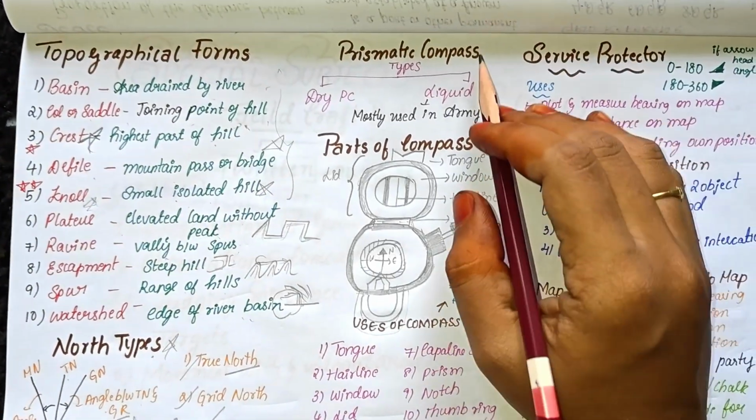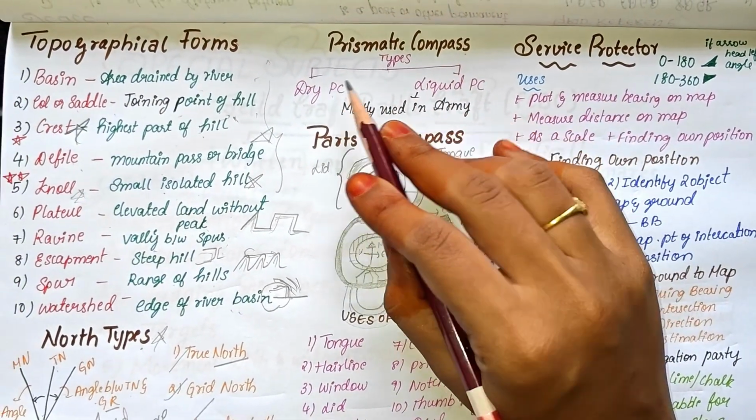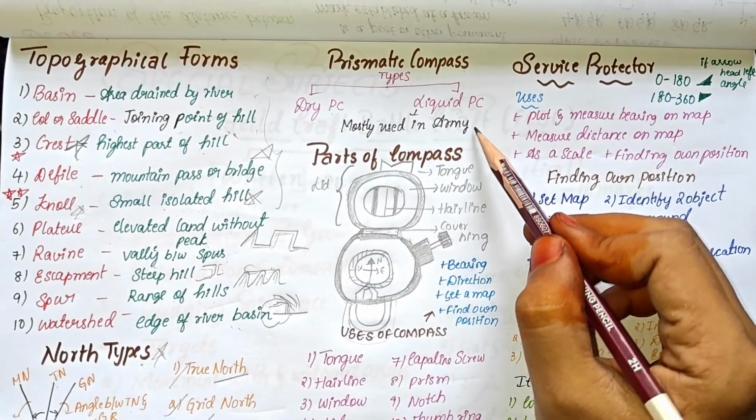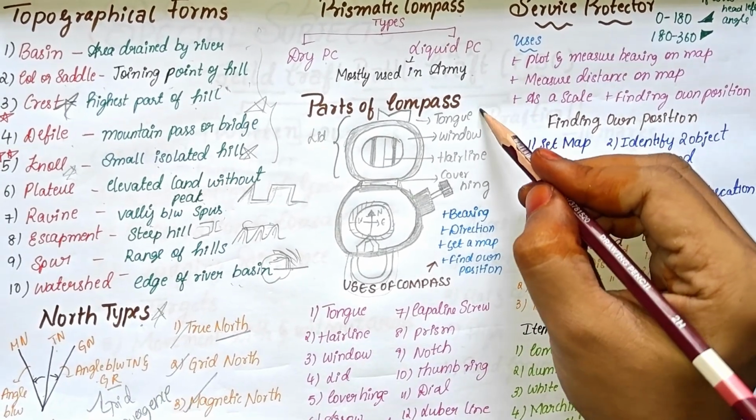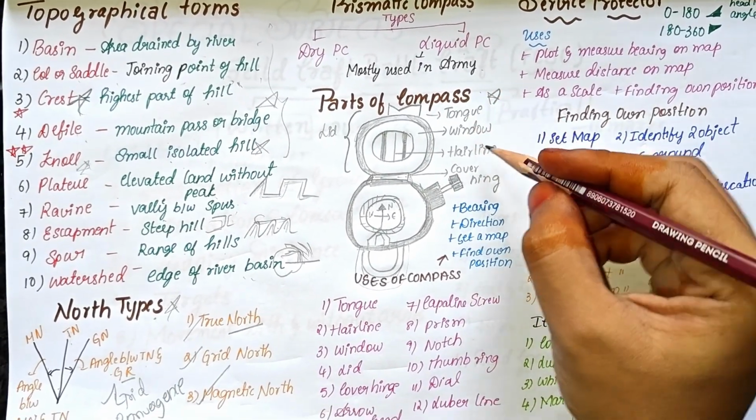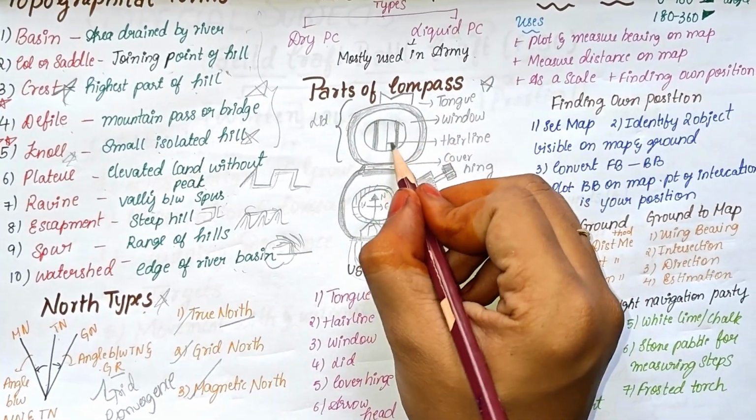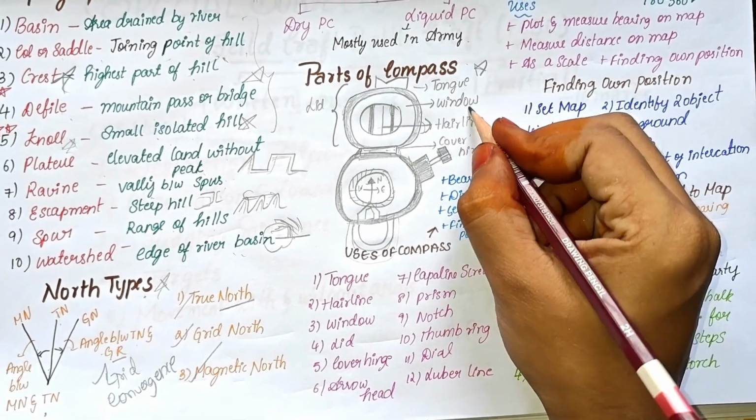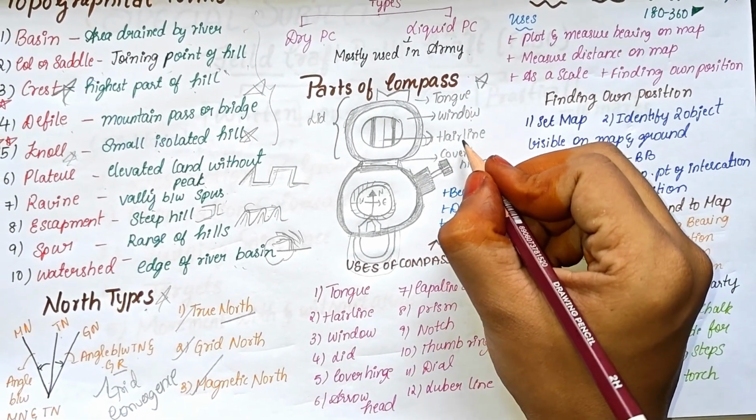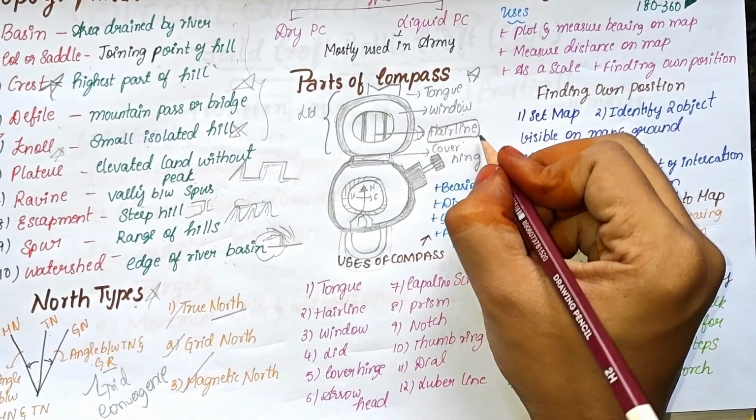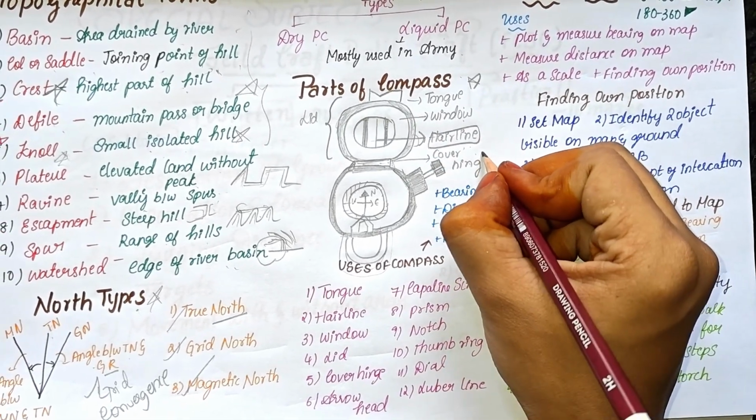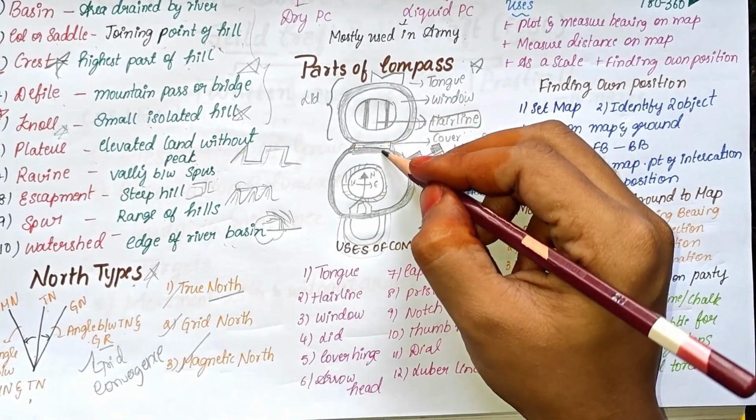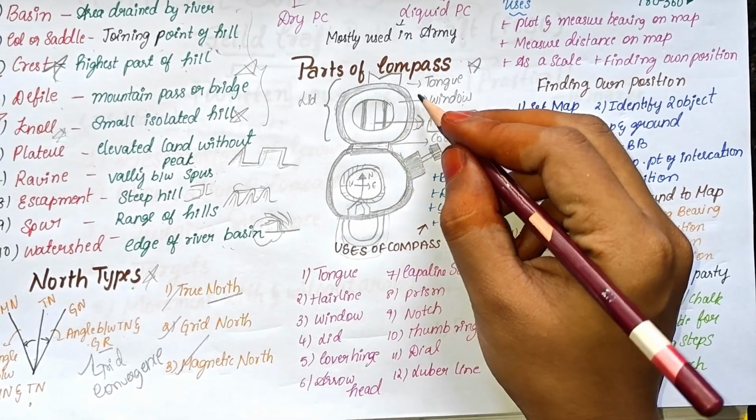Okay. Next, the prismatic compass. It is of two types: dry prismatic compass and liquid prismatic compass. Liquid prismatic compass is mostly used in the army. So it's very important to know about the parts of the compass. The diagram will be given and they underline or mark a part like this, and give four options: cover, hinge, window, and tongue. What do you choose? Hairline. If there is no hairline option, there should be a no-option choice. So make sure you know the parts of the compass thoroughly